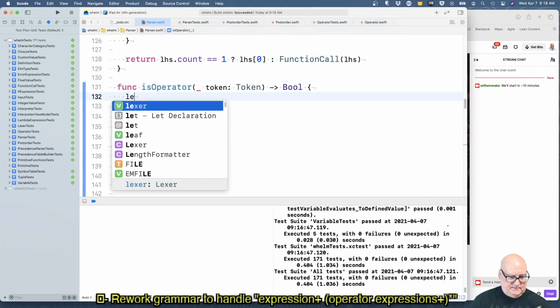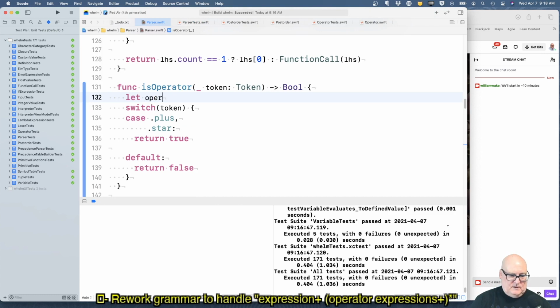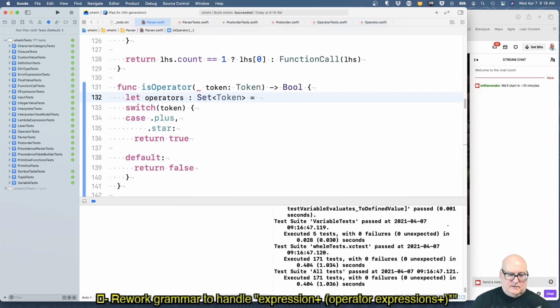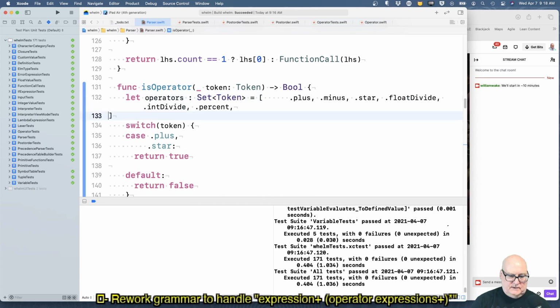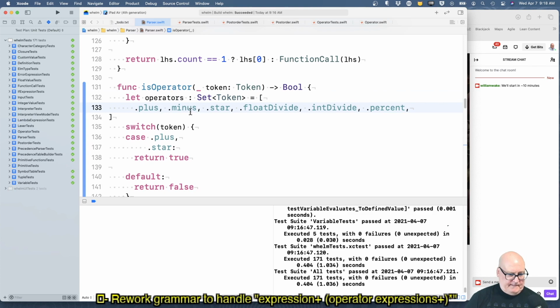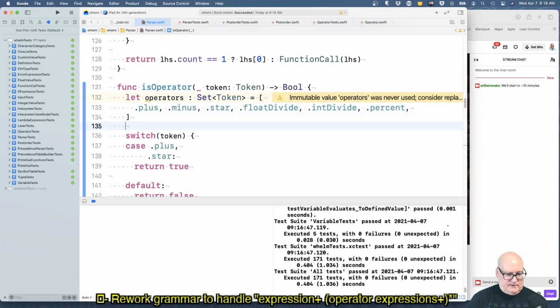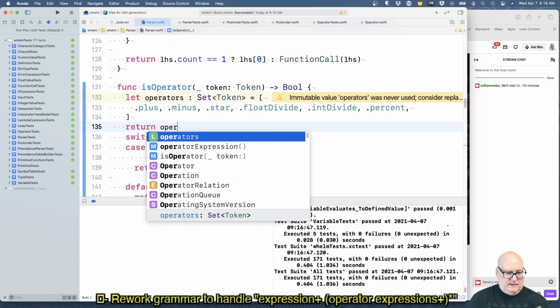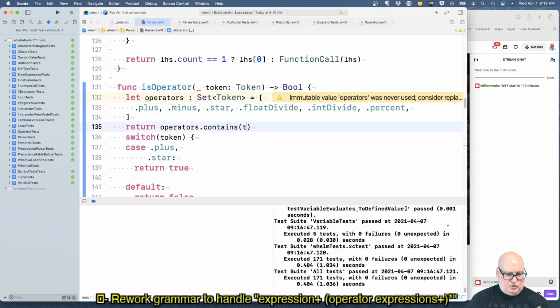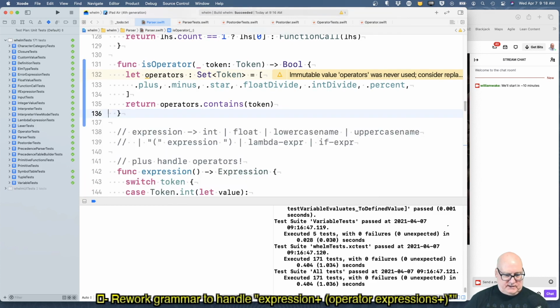Let's make operators equal a set of token equal to this. And if it's a set, we could answer return operators.contains(token). This should be a refactoring as far as we're concerned.